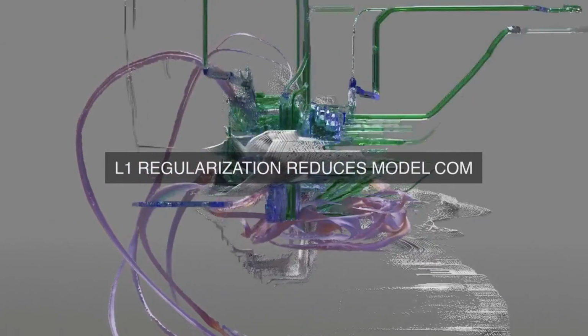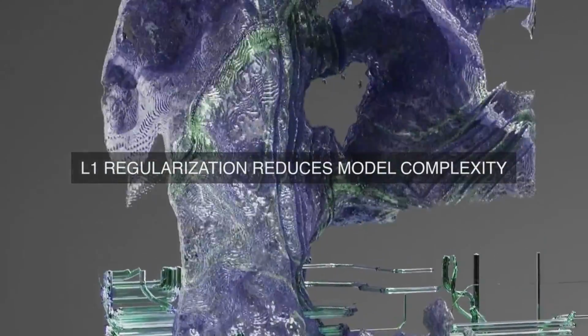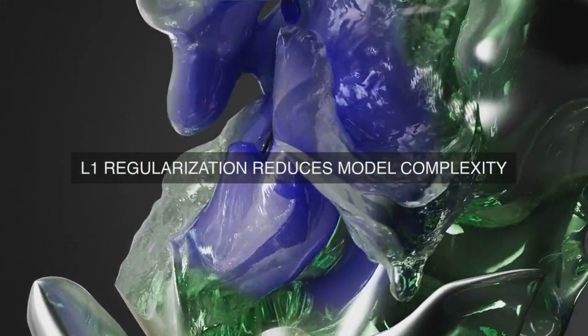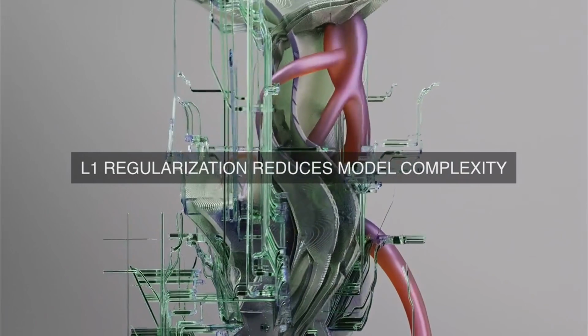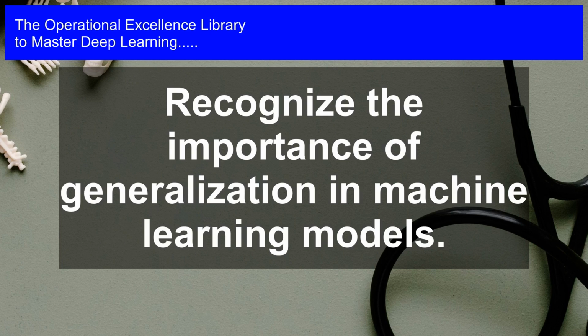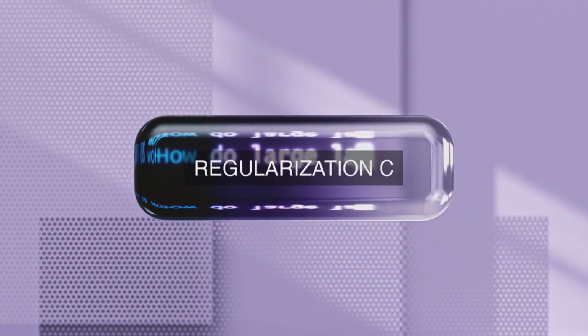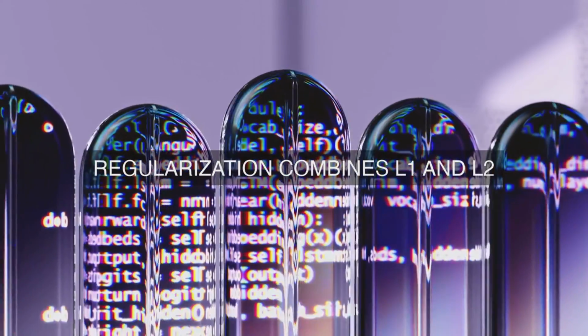Dropout, a popular regularization technique, addresses overfitting by randomly dropping out neurons during training, effectively creating an ensemble of different models. Each epoch, a random subset of neurons is selected and ignored during training, which prevents the model from relying too heavily on any single neuron. This randomly generated ensemble of models improves the model's ability to generalize to new data, as it is forced to learn multiple representations of the data.